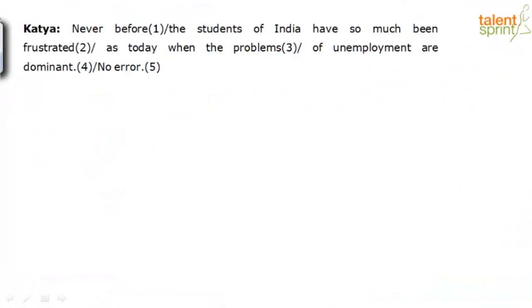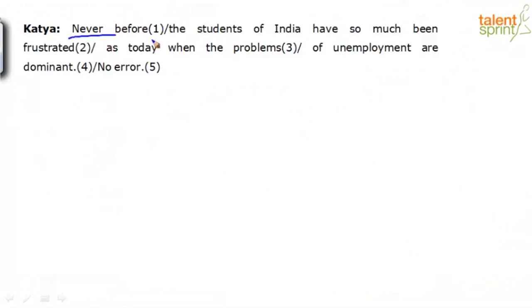Word order, yes, that's a concept, very good. As in construction-wise, I'll explain that, but it's part 3 error. Most of you have come back and said part 2. Let's quickly look at it. Now, like somebody said, it's a word order error. Yes, it is a word order error. Correct. But our clue word is never, right? Never before. So obviously the meaning is giving us a negative meaning, right?